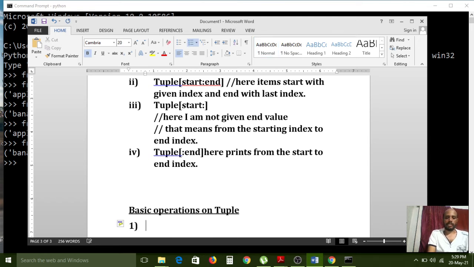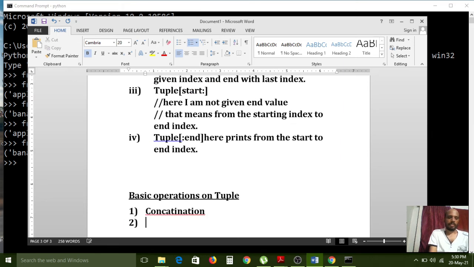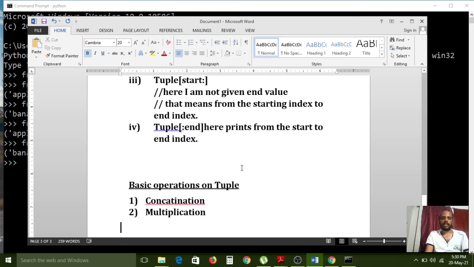concatenation, and the second operation is multiplication. And here membership operators can also work. So first we can see these two, concatenation and multiplication.